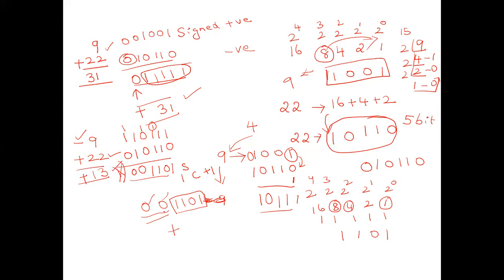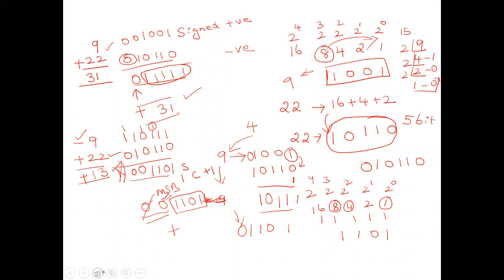Got it? Because the most significant bit is 0. If you remove this bit and take this one, you can take it as the most significant bit. It is 13. Why? Because to represent 13, I need 4 bits. So the 5th bit is indicated as the signed bit. That's why I have taken this bit as the MSB. Okay, the signed number is very important, either positive or negative.